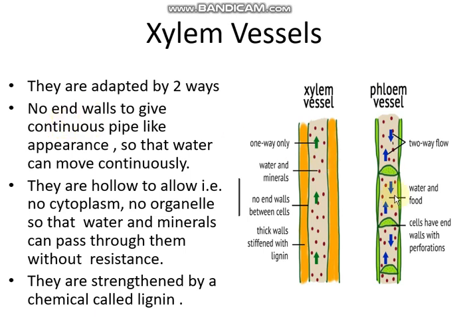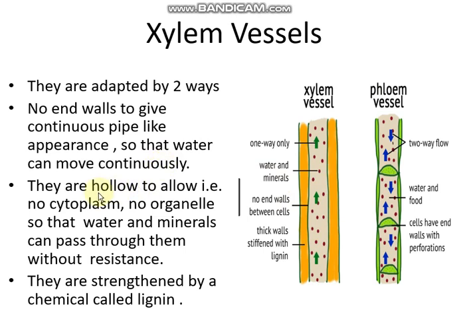Now these are two images. This is from a normal cell, while this is a specialized xylem vessel. Here you can see that these normal cells do have end walls as well. See, this is a proper cell, one cell, second cell, third cell, while in case of xylem vessel it is one continuous cell with no end walls, so that water can move without any resistance.